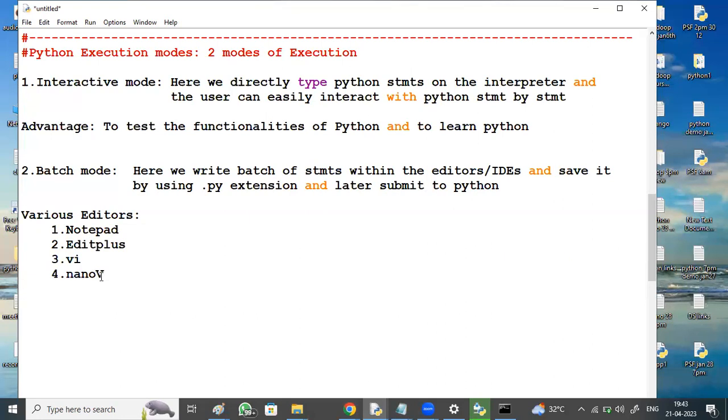What are the various IDEs where we write the Python code?